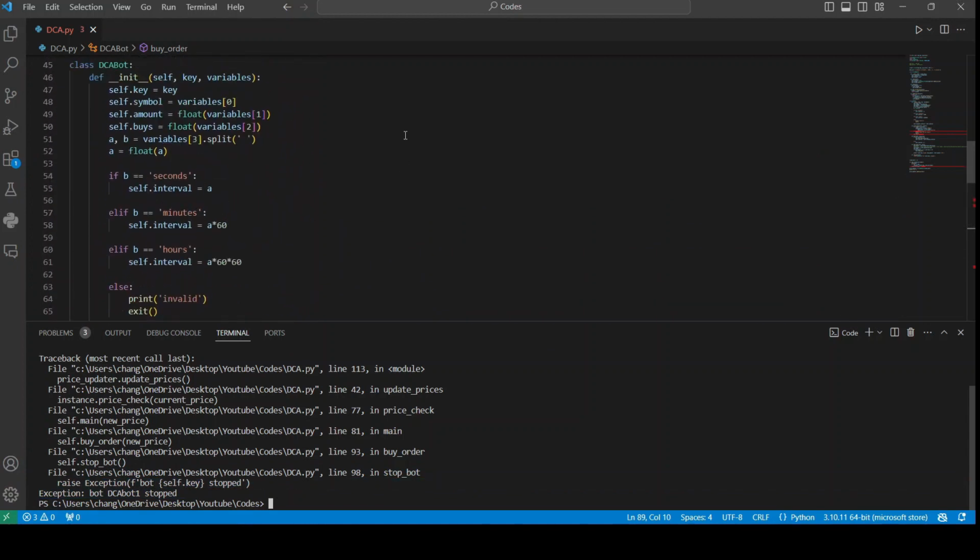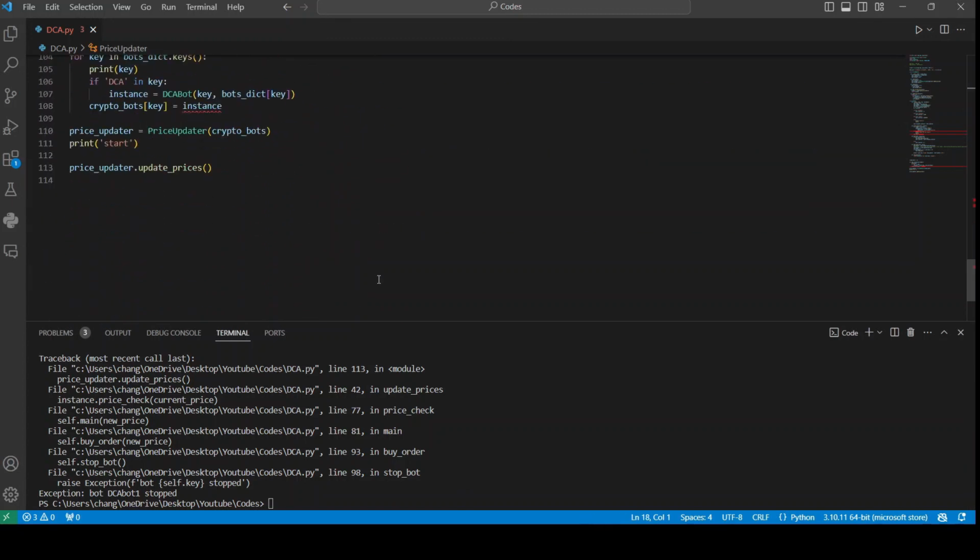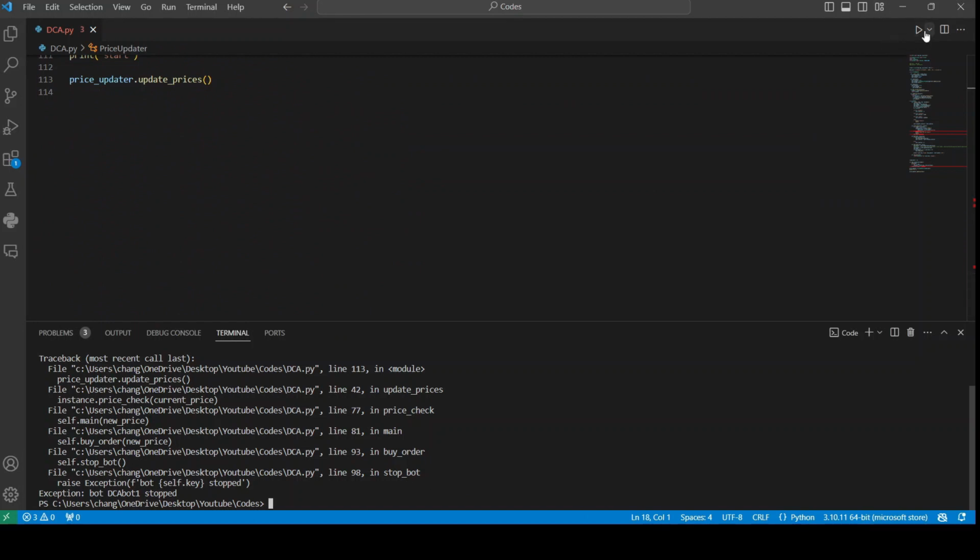So this is a bit confusing, so let me just bump up this buys a little bit more just so we can see it better, and we can just change this interval to even smaller. So this means that it will buy 10 times with 1 second in between. So let's try this one more time. If we run it,